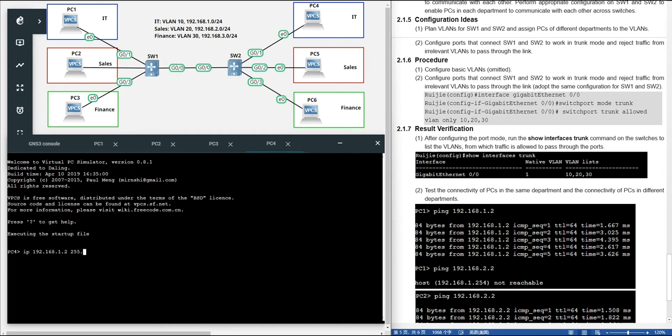About PC4, the IP is 192.168.1.2, the mask is 255.255.255.0. This is PC4.